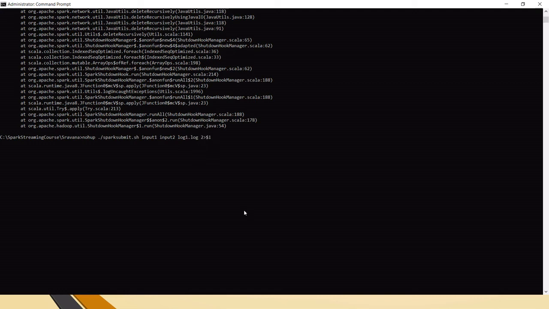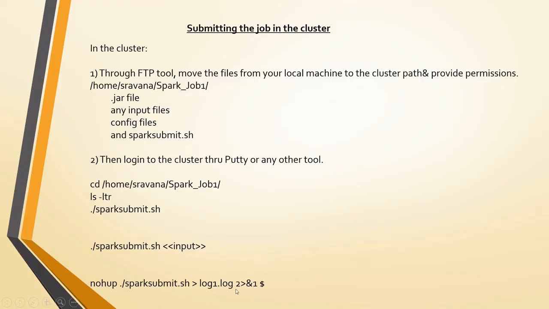These are the Unix commands for writing into a file called logs, diverting the entire logs instead of printing them to the log file. This is the format for the nohup command, then press enter.